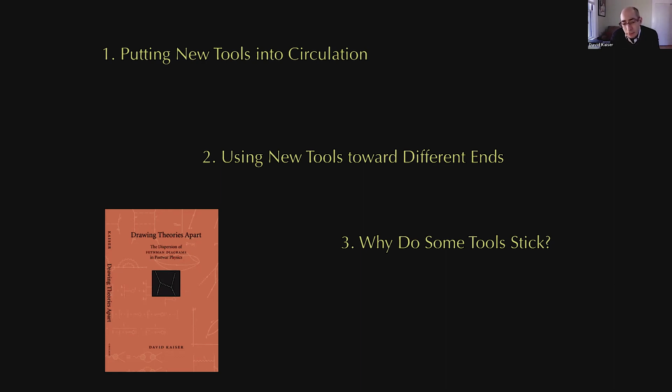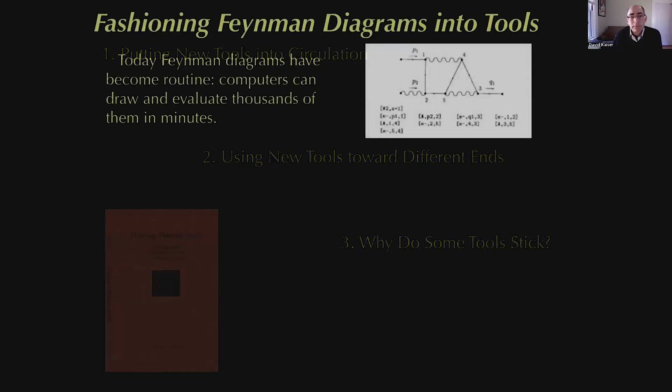And then finally, we'll ask just very briefly near the end, why did this particular set of tools actually stick? Why was it that these tools really became the standard way to this day that physicists all around the world try to make sense of nature when it wasn't so clear they were going to take off at all? So why did this tool come to seem like such a natural or winning strategy? And that's our three-part scope for today.